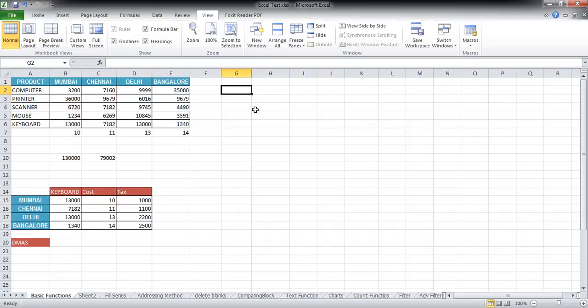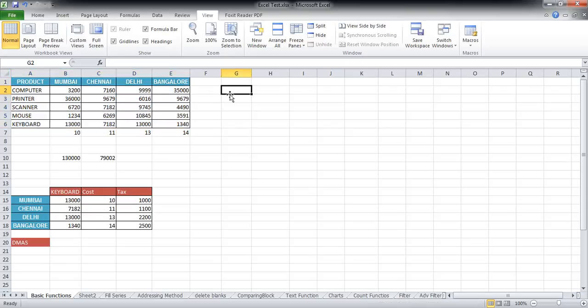In this session, we learn about the various autofill options available to us in Microsoft Excel. Now, the true use of an autofill option in Excel comes up when we are dealing with formulas. Say in this case, I have a table prepared over here which represents the sales of different entities across four different cities in India.